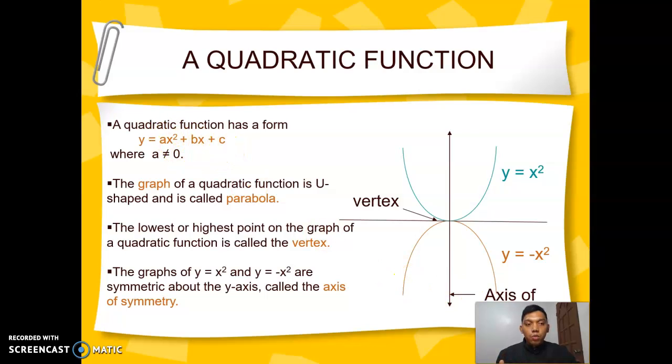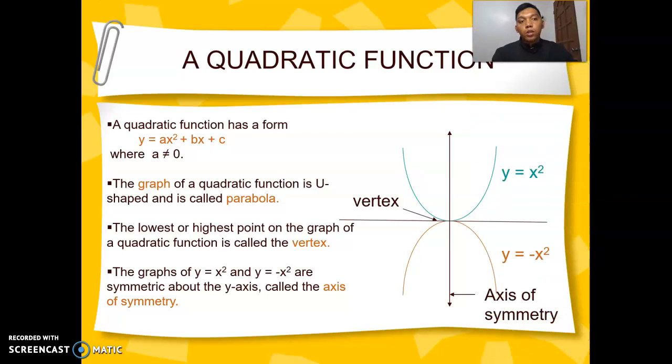Basically in this section, the only thing that is similar to the definition of the quadratic equation is that it has a degree of 2. Okay, but there are also aspects here that pertain to different